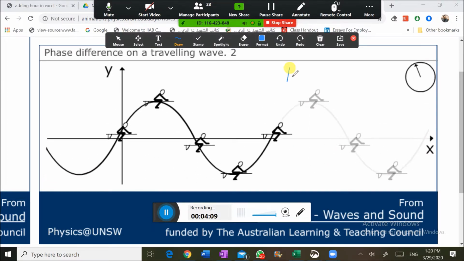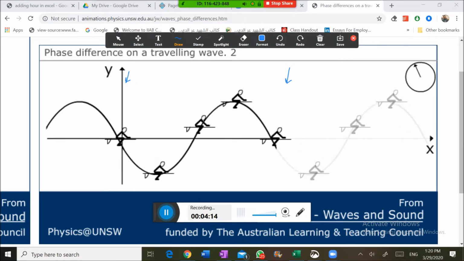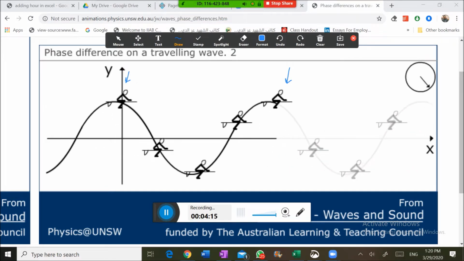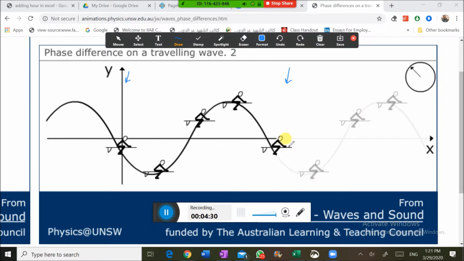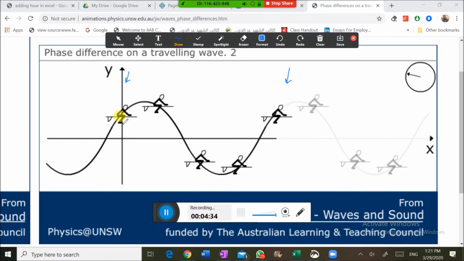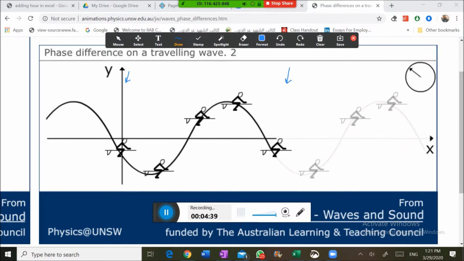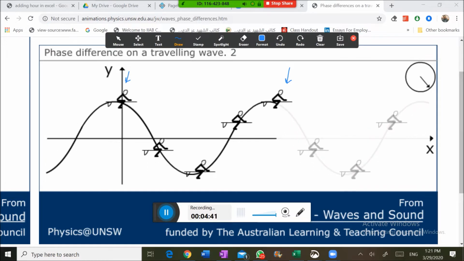Okay, guys, look at this particle. Look at this particle. Are they in phase? Guys, the higher particles, they oscillate in phase. يعني both of them will move downward together and move upward together. مع بعض. شايفينهم؟